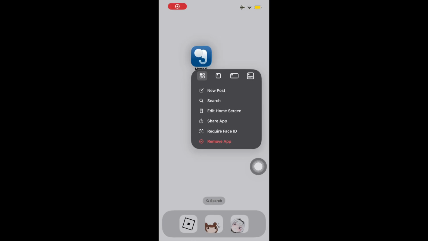How to add mute items on Mona 6 and filter unwanted content from your feed. Hey guys, in this video, I'll teach you how to add mute items on Mona 6 and filter unwanted content from your feed. First, open the Mona for Mastodon app on your device and make sure you are on the